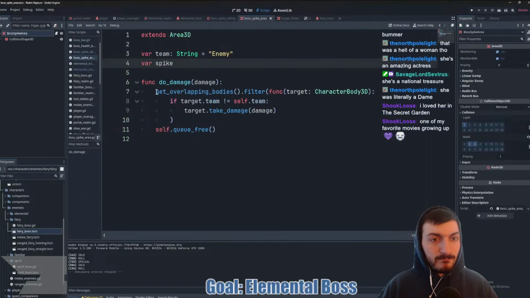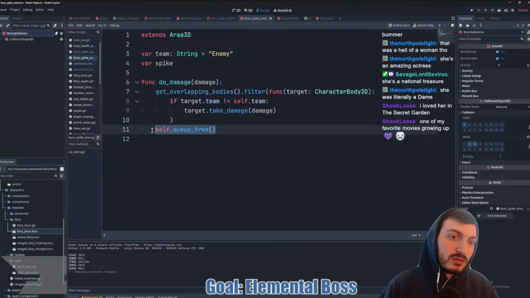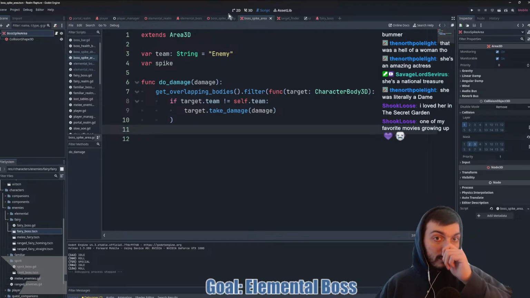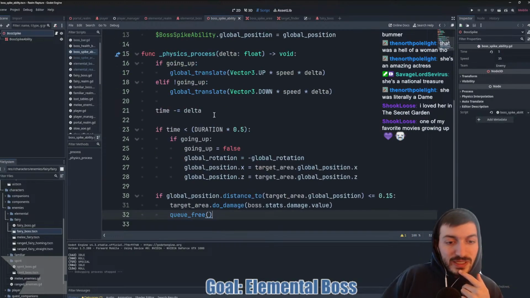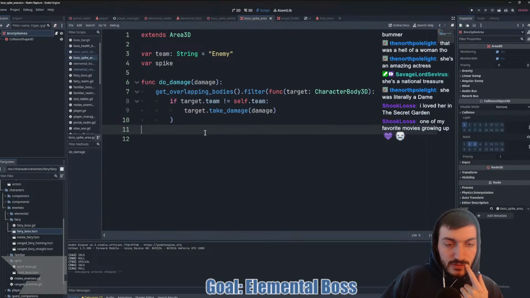Spike area. When we call... Oh, because we're calling it after. What if we do... I mean, I don't want the spike to say to queue free it. Tells it to do damage.